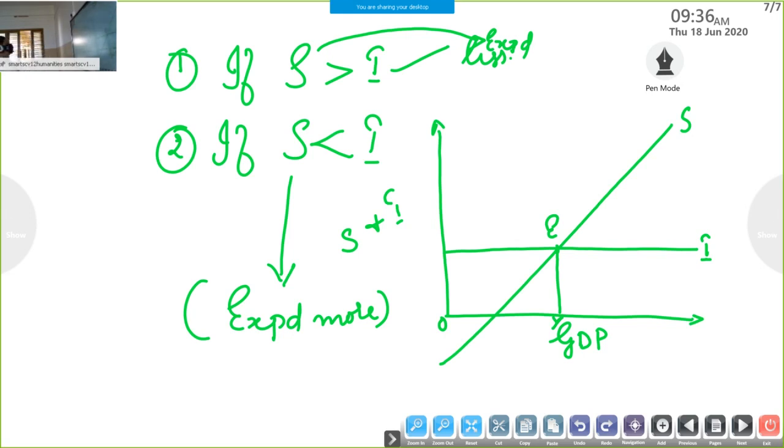So what you have to do, whatever you have to study from the beginning of this lesson: what is the shape of the consumption curve, what is the slope of the consumption curve, shape and slope of the saving curve, then the shape of AD, AS, why AS is known as the guideline, what are the reasons, what are the features of APS, MPS, APC, MPC, the relationship between APC, MPC, APS and MPS. All that you have to revise and come.